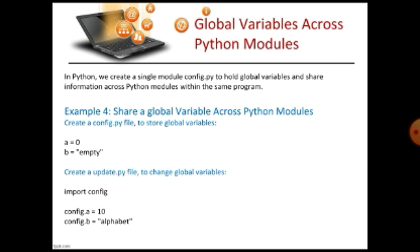Now we'll see how we can use them across Python modules. As all of you know, what is a Python module? Python modules are used for grouping your data logically into different, separate files. A module is a piece of runnable Python code, which could be a class, a function, or a set of variables. So you can use Python modules for grouping your data into logical pieces of code.